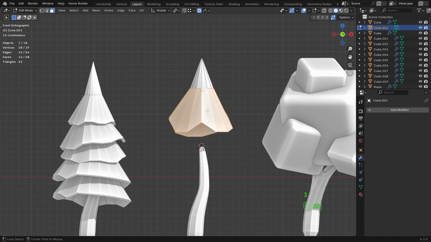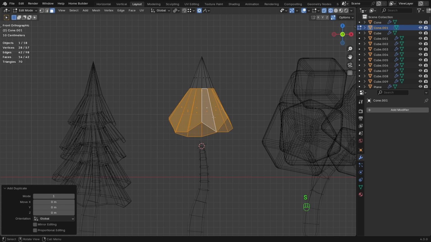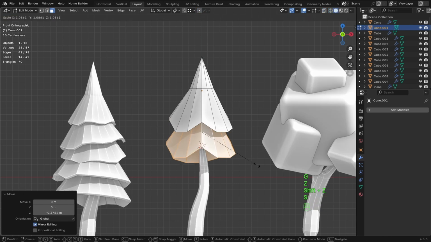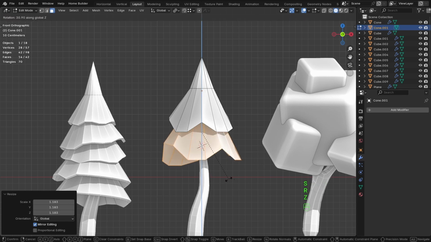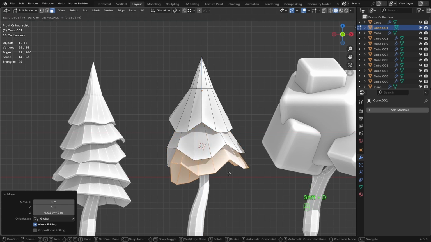Just press 3 and hold down Alt and select this face loop. Okay, and then turn it off and move it down. And once you move it down, make sure to rotate it as well. And you can actually rotate it in the Y axis and just make it follow this branch. So R, just a little bit, and then move it up, not too much, and then Shift D once again,